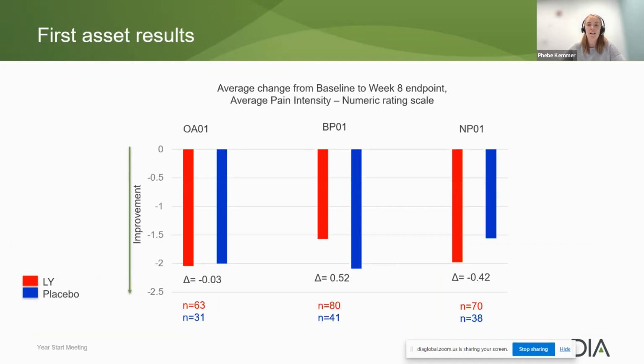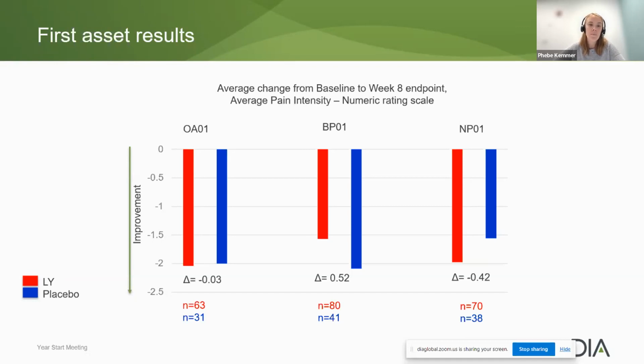So this is all on a 0 to 10 scale. And here we're showing just the patient's mean reduction from baseline. So these studies, the first asset, all the studies end in 01. So OA01 is our osteoarthritis study, BP01 is our chronic low back pain study, and NP01 is our diabetic peripheral